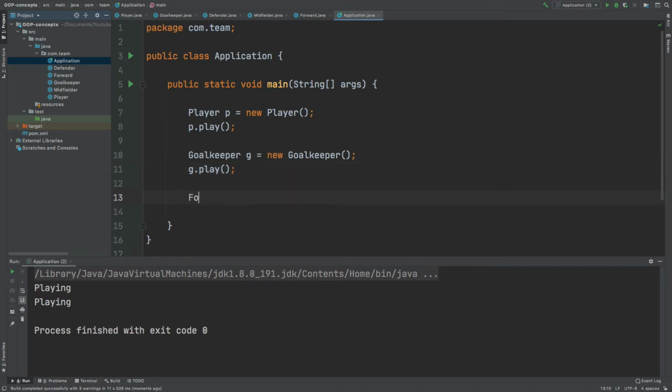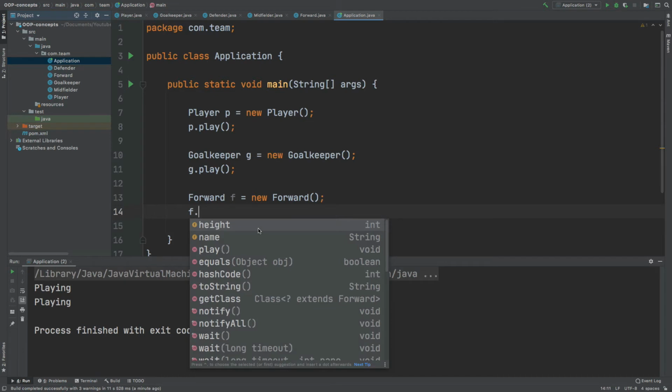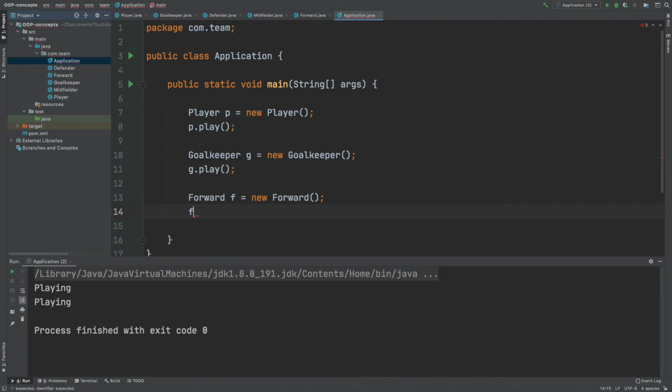So I'm going to move back into the application class, and I'm going to instantiate a forward class instance. If we press F dot, we can see the access to the height, the name, and also the play method. And to demonstrate how access modifiers work with inheritance, I'm now going to create a new class called substitute,